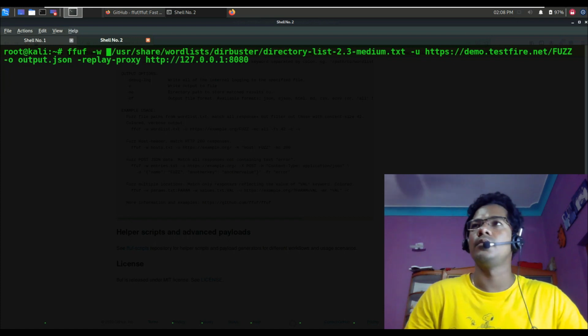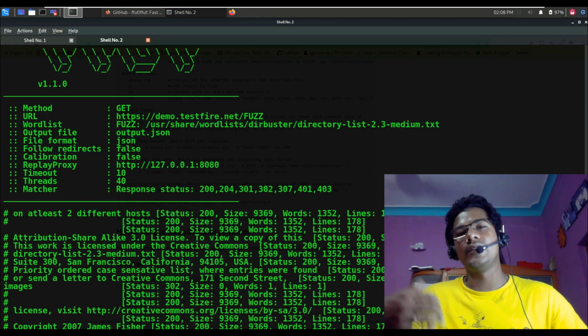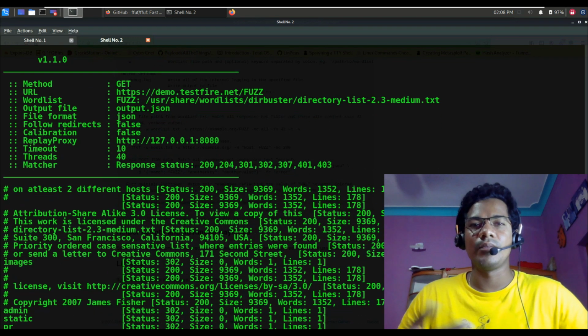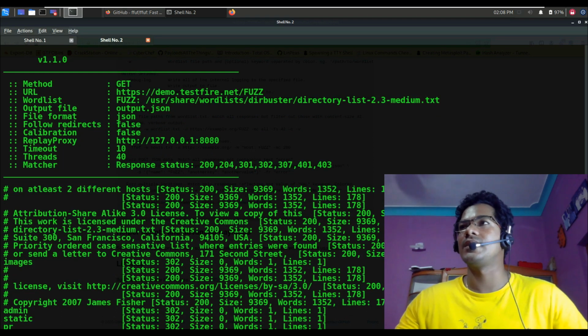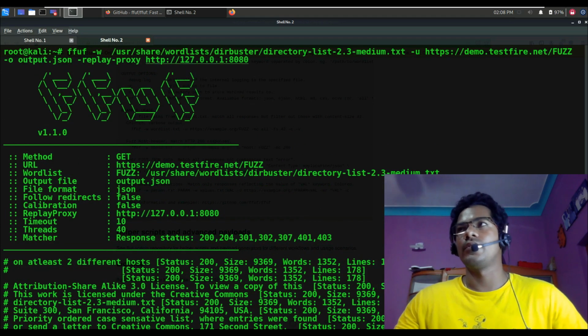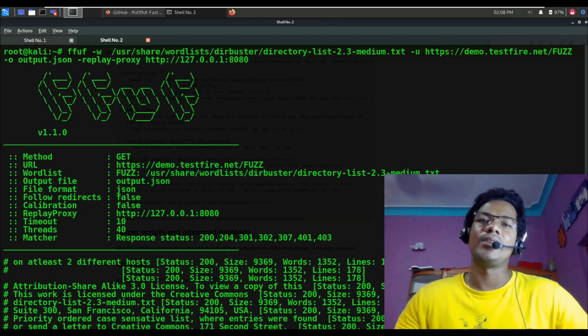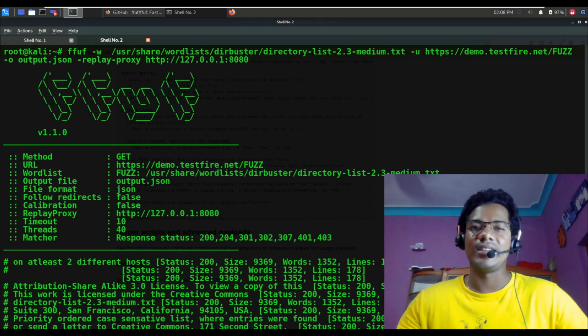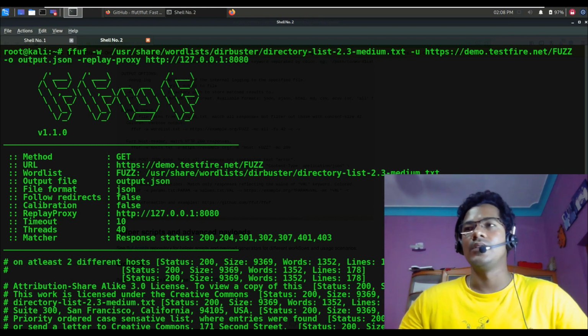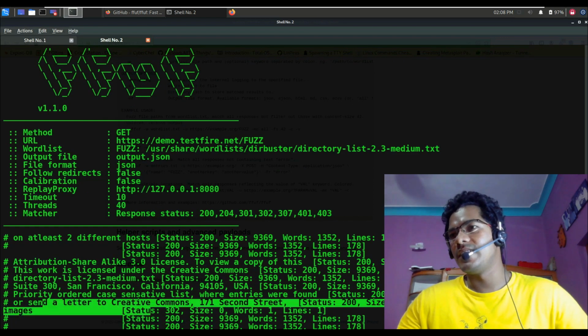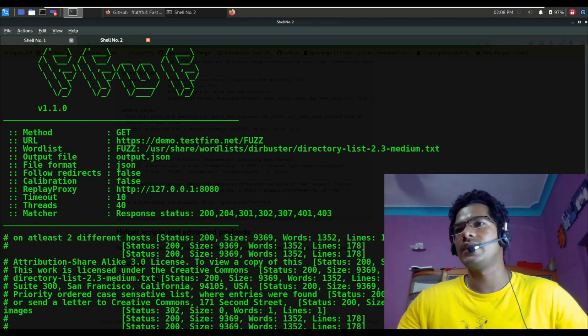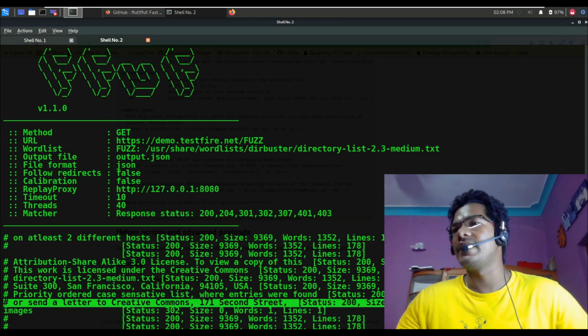So hyphen w. Now this way, this tool is going to send all the requests through your Burp Suite if you have the proxy running on port number 8000 or whichever you have provided, right? So that way you get all those request data intercepted in Burp Suite also. You can also see the same responses over here, like for 302 images and all those things, which the tool is going ahead and discovering.